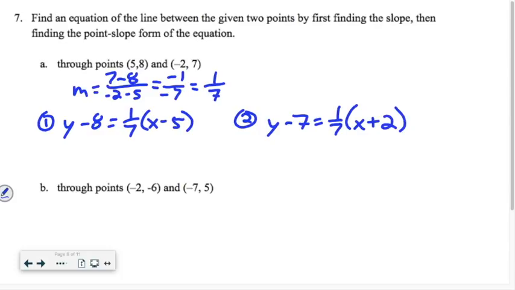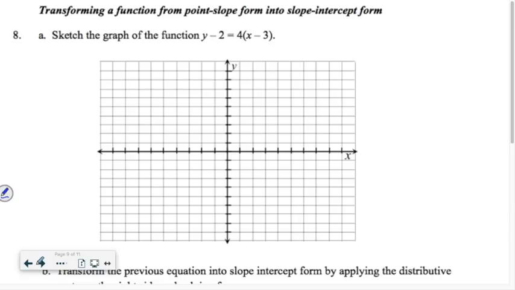The last thing we want to talk about is how do we transform our function in point-slope form into slope-intercept form. So first of all, I want to sketch the graph. Just like before, these values give me my particular point. That point is 3, 2. My slope is 4/1. So if I start at the point 3, 2, right here, I'm going to apply the slope. I'm going to take it down and to the left so that you can see where the graph crosses the